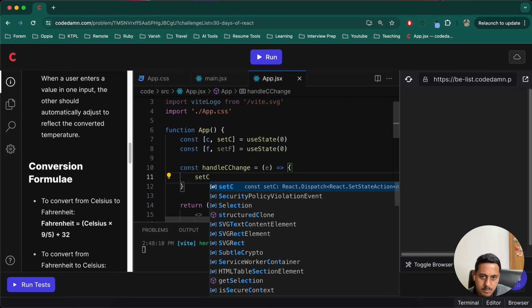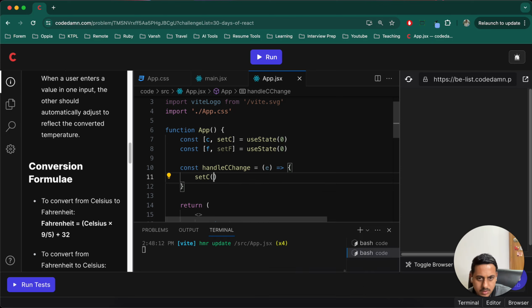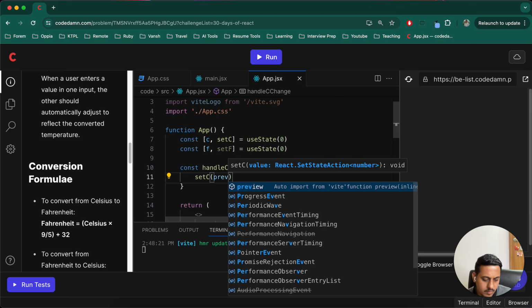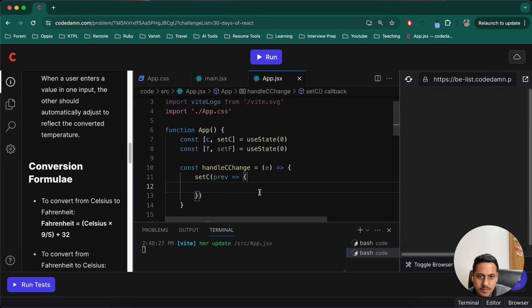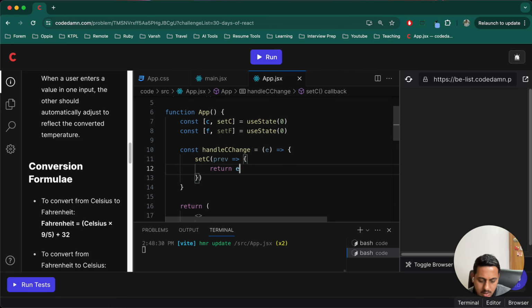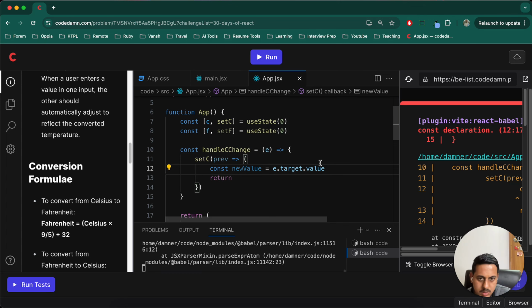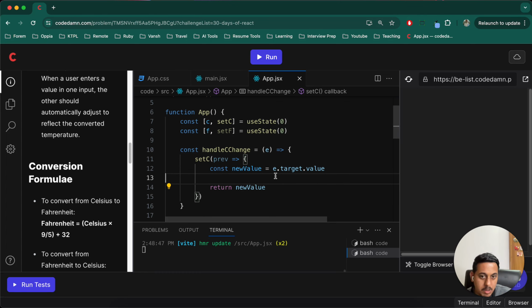setC, because we have to update Celsius first by taking the value. But what we'll do is use the updater function. Previous, we don't need this, so I will just write prev, and in that we'll use the function. If I return e.target.value, that means we are setting the new Celsius value to this setC. But what we will do is cut this: const newValue equals this, and we'll return this newValue. But in between that, we'll update our setF also. So for that I will have to use const